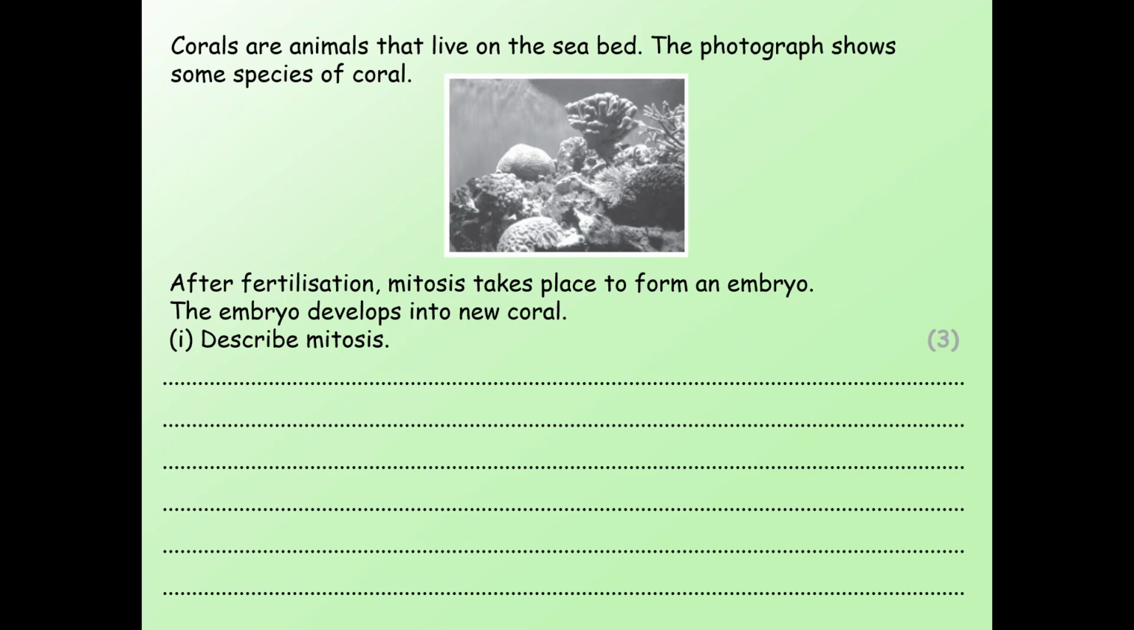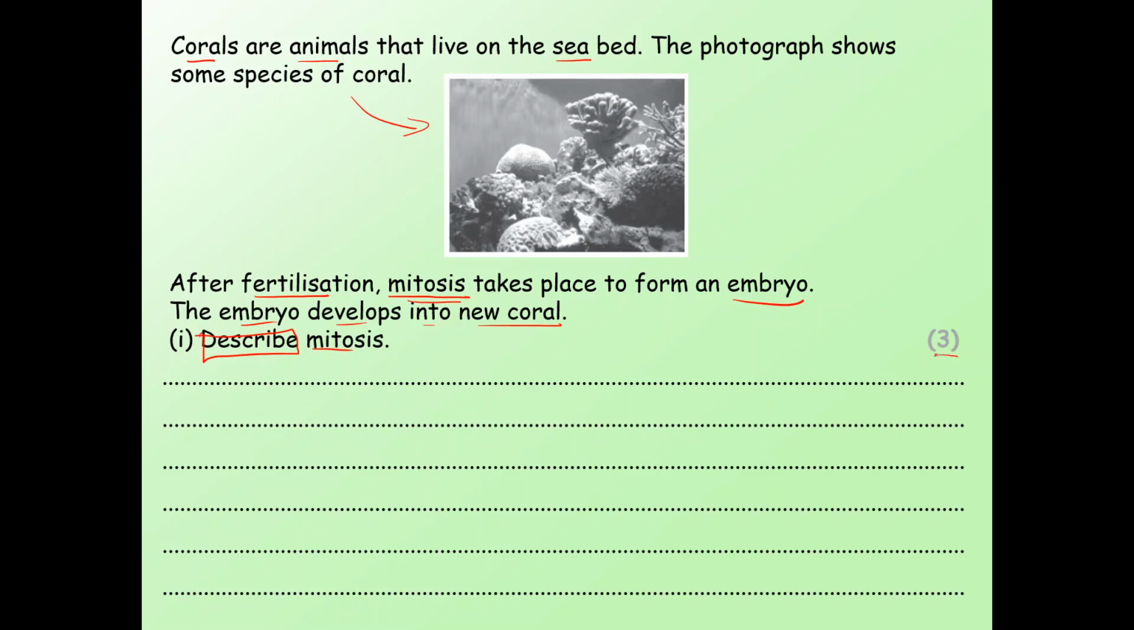Okay, so our question is, corals are animals that live on the seabed. The photograph shows some species of corals. We're talking about coral, it's an animal, it's on the seabed. Okay, and there's a picture of some coral here. After fertilization, mitosis occurs. It takes place to form an embryo. The embryo develops into new coral. Describe, command word,